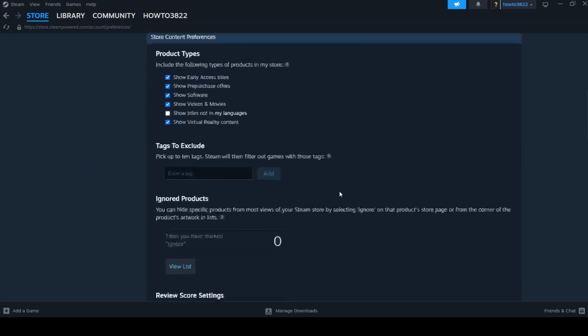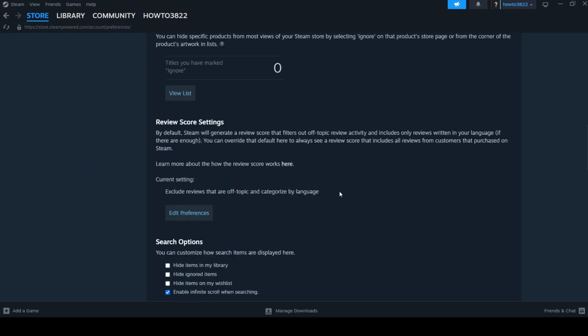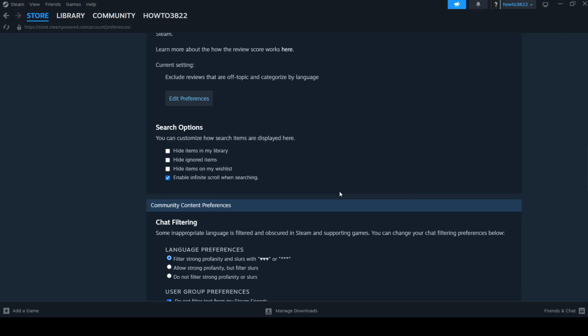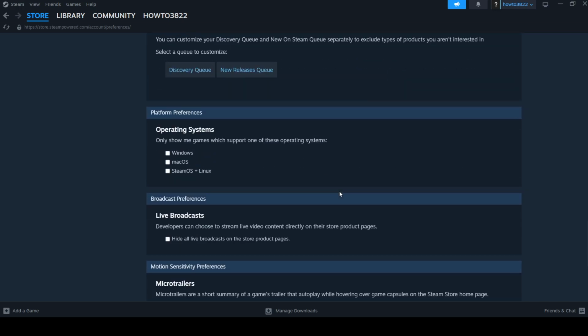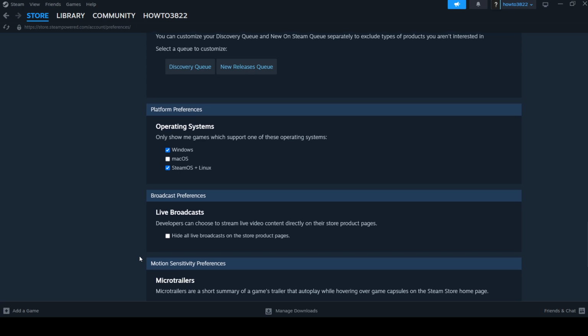Steam uses these settings to recommend games based on your interests, so adjusting them can make your personalized recommendations more relevant over time. If you use Steam across different operating systems, take a look at the Platform Preferences section. Here you can specify the platforms you're interested in, allowing Steam to prioritize games that are compatible with your preferred devices. You'll also see Steam Deck Preferences, which can be adjusted if you own or plan to use a Steam